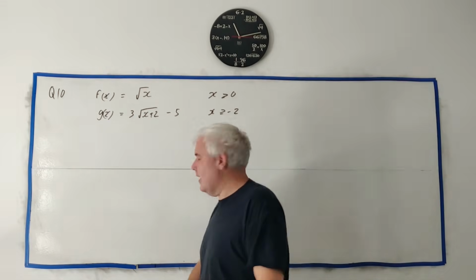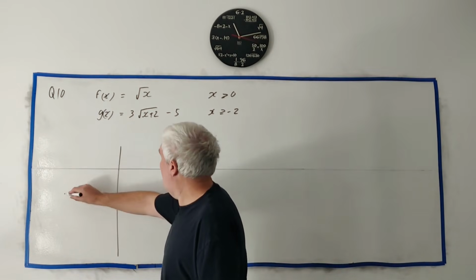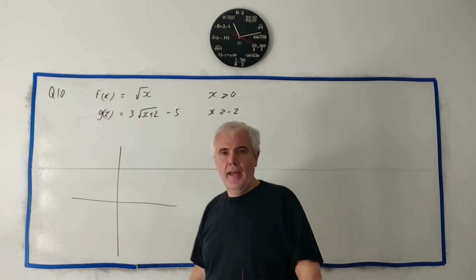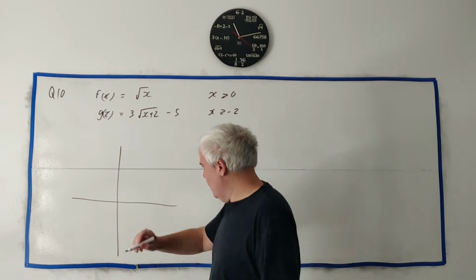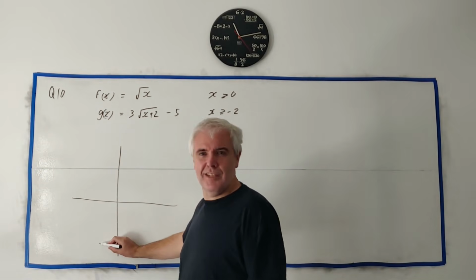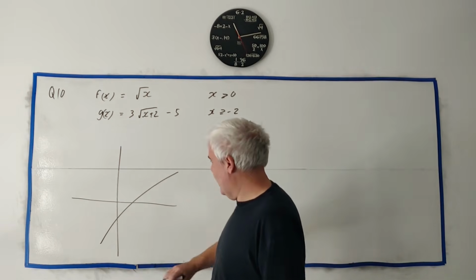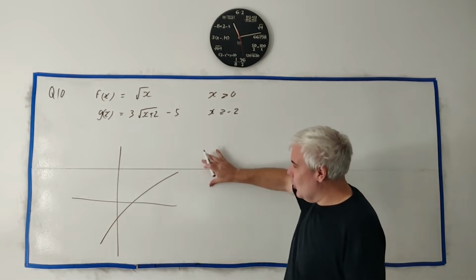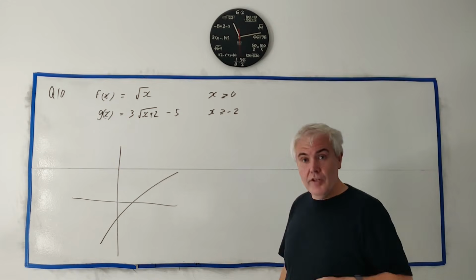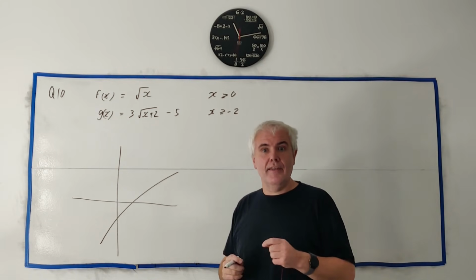In part B, they give us a sketch of g(x). Now I have a problem with this question. I'll write what they've given us first. It looks fairly crappy, something like that. It barely looks like there's a little curve in it. And they want us to sketch the